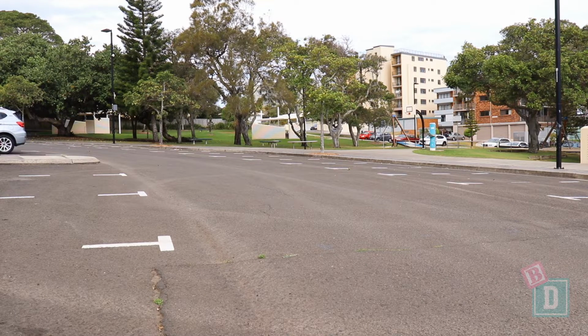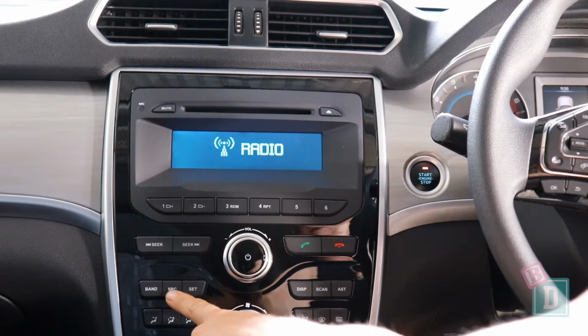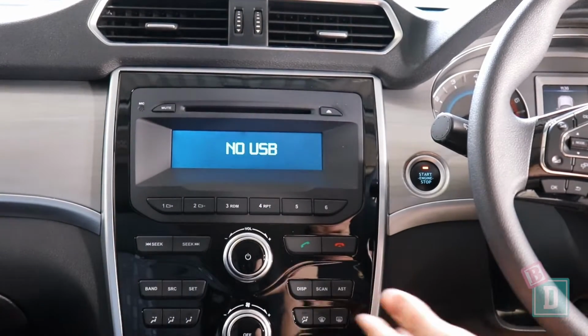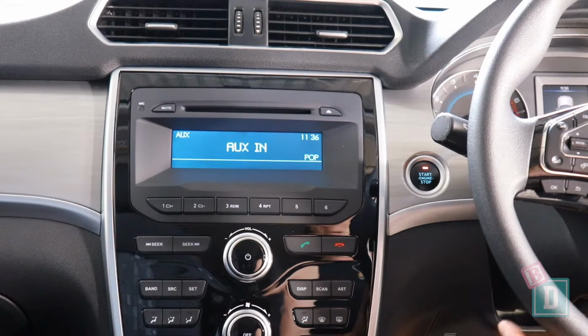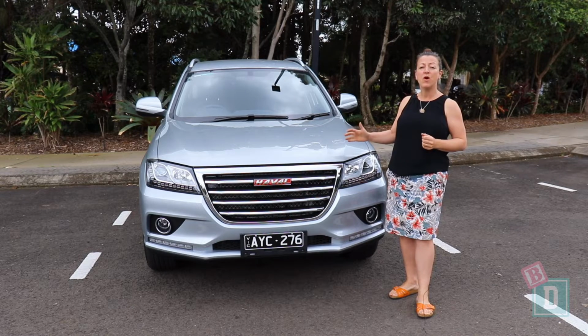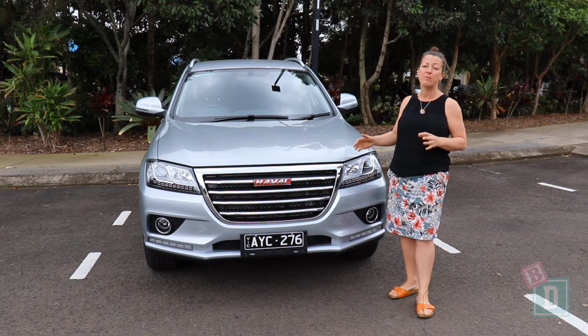The media system in the H2 is very basic. It doesn't have Apple CarPlay or Android Auto, and as you can see there's no screen. So there's no reversing camera or sensors. It's very, very basic. To sum up with the Haval H2, the drive and media system I found disappointing, but